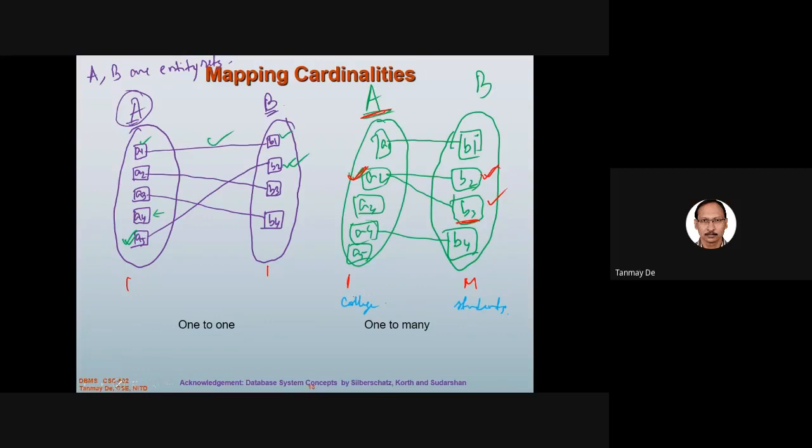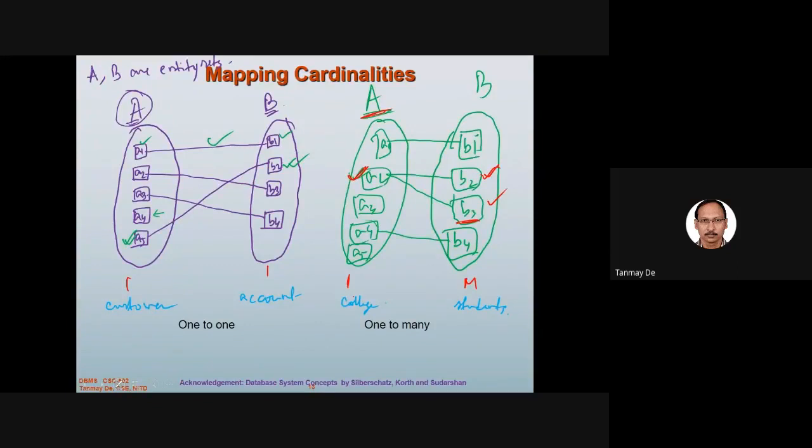Maybe if we consider, say, this is the customer and this is an account. According to our discussion, customer is one of the entities and account is the other entity. So here this one to one is possible. If we say the capital A is the customer entity set and capital B is the account entity set,